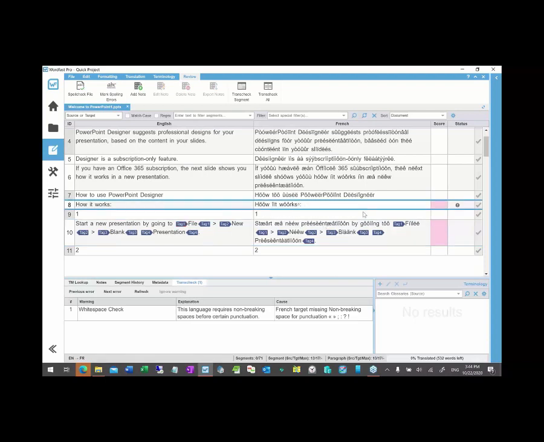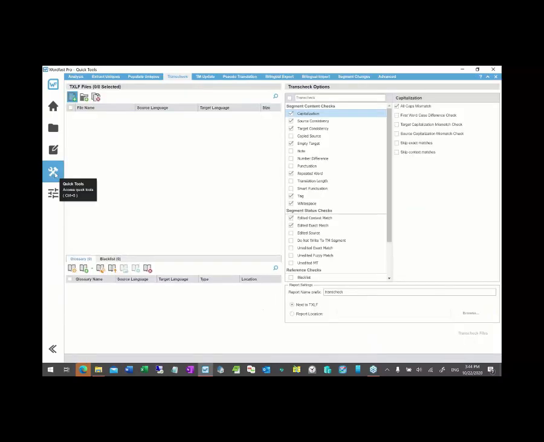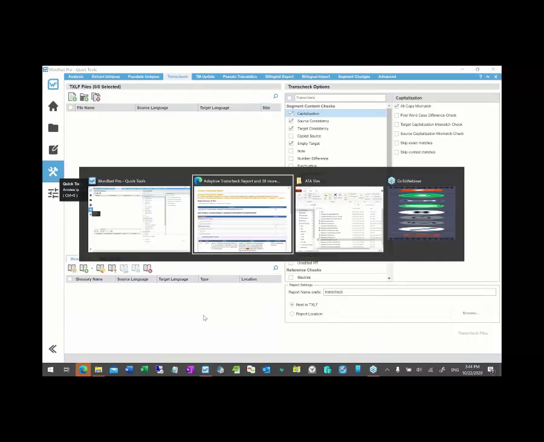Wants a non-breaking space there to fix it. The thing about this is when you're working in that mode, you're looking at it in a sort of microscopic view. You're the translator, you're in the text, you're getting your trans checks, kind of segment by segment. Another way to go about it would be that if you are in Quick Tools, you can actually just